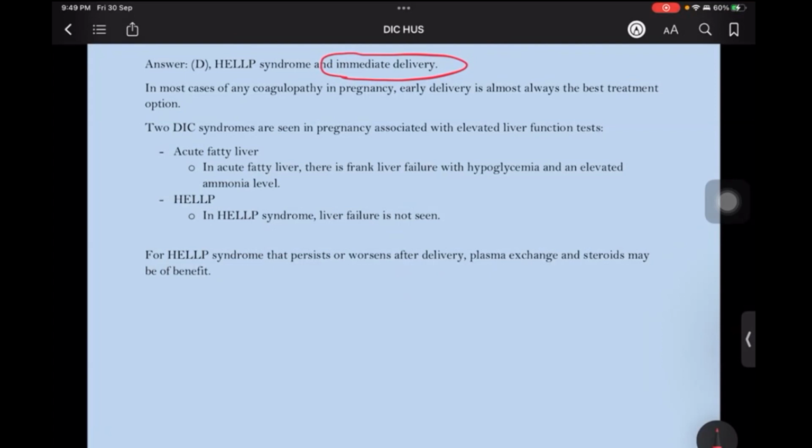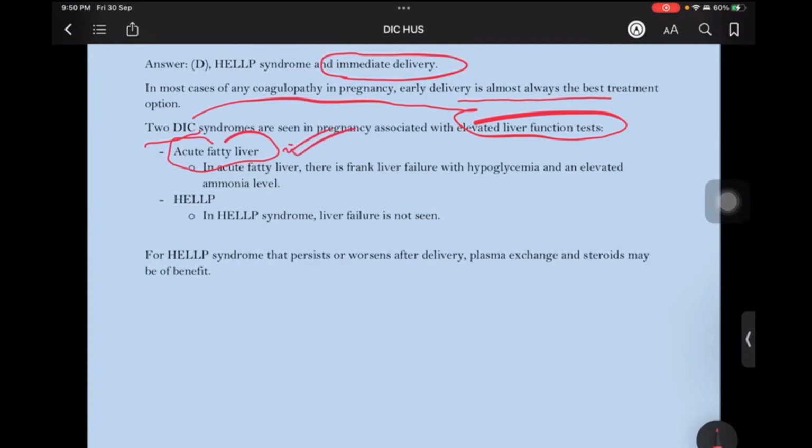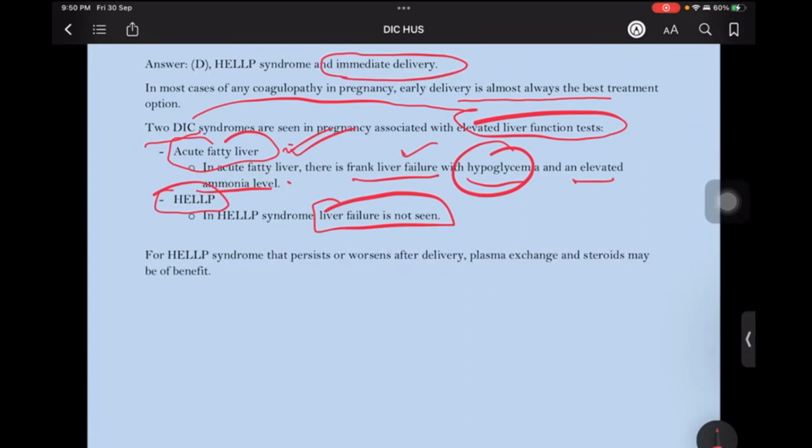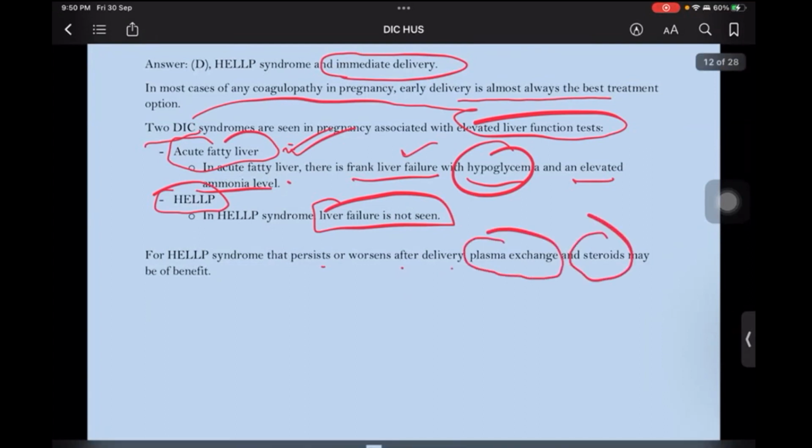In most cases of any coagulopathy in pregnancy, early delivery is almost the best treatment. Two DIC syndromes are seen in pregnancy with elevated LFTs. One is acute fatty liver, where there is frank liver failure with hypoglycemia and elevated ammonia levels. Then there is HELP syndrome, in which liver failure is not seen, but DIC and coagulopathy are seen. For HELP syndrome that persists or worsens after delivery, then you can opt for plasma exchange and steroids, which can then be of